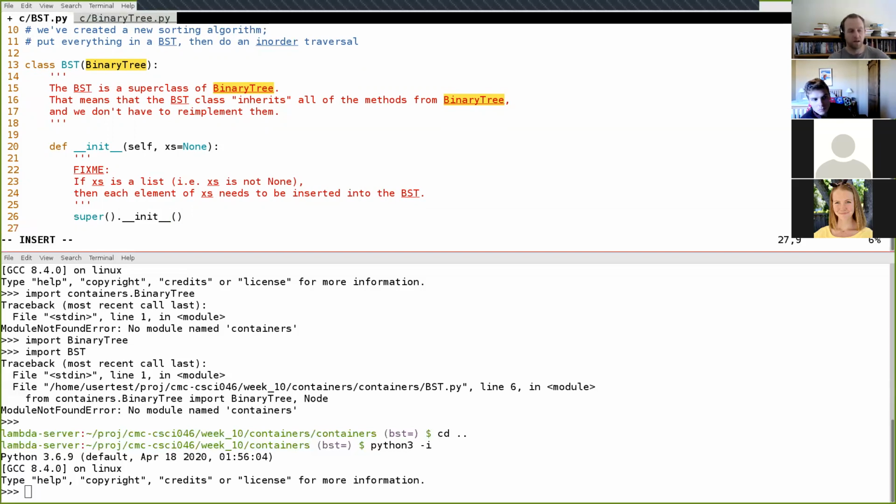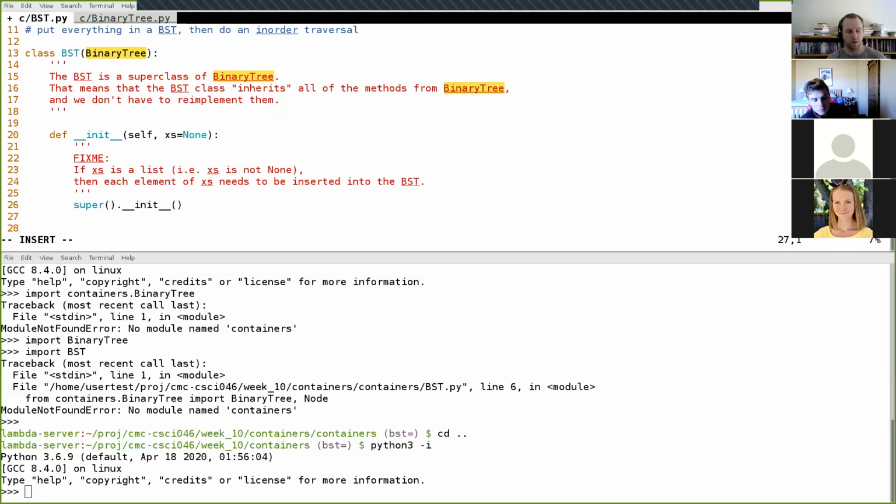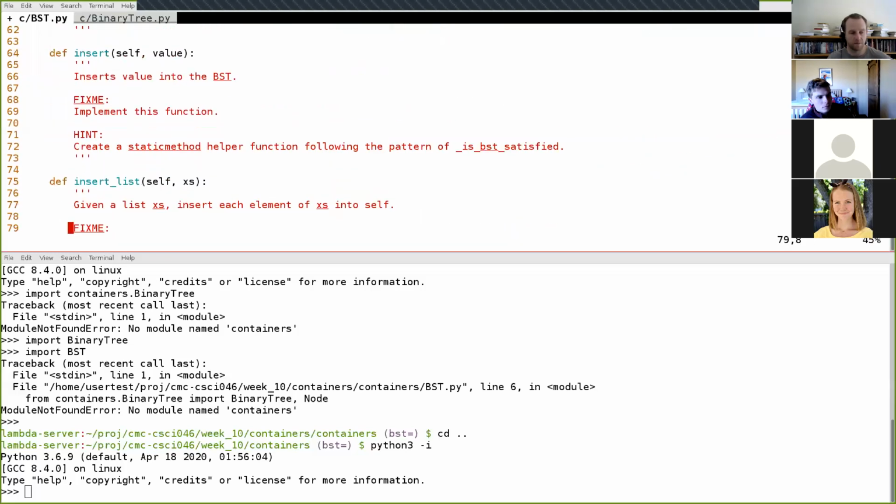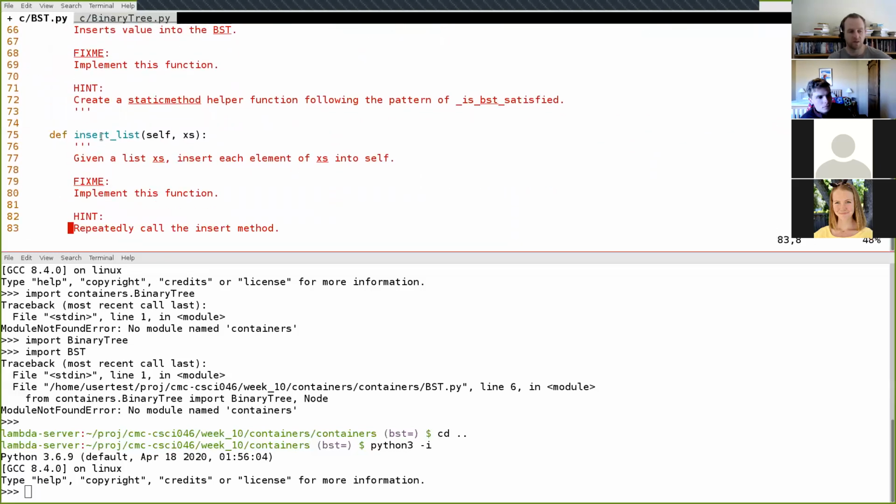The next thing we're trying to do here is insert; this constructor needs to insert all of the elements inside of this XS list. Let's scroll down a little bit, and we have this insert list function down here. Given a list XS, insert each element of XS into self.